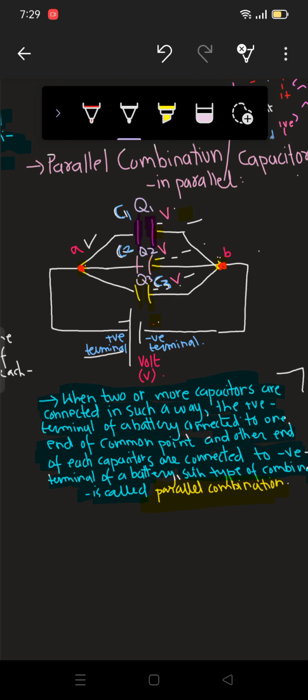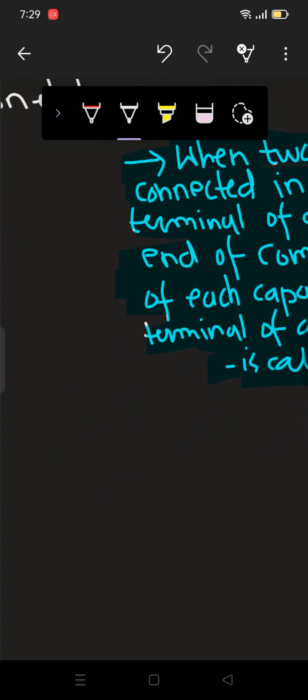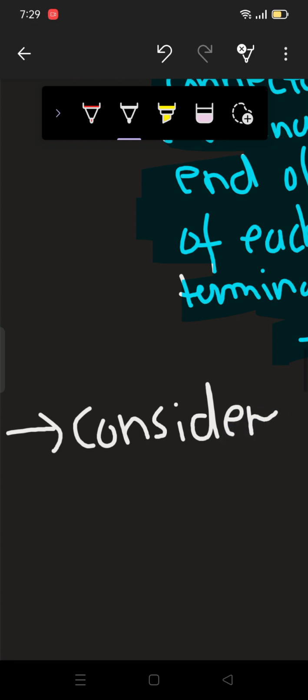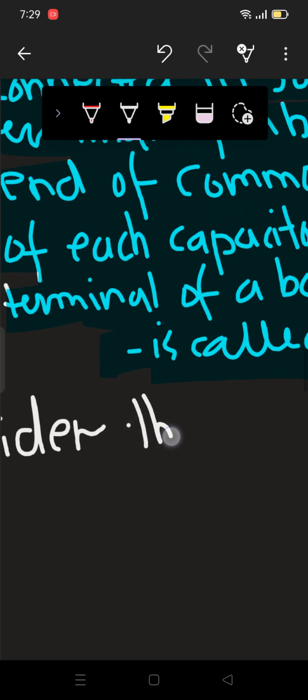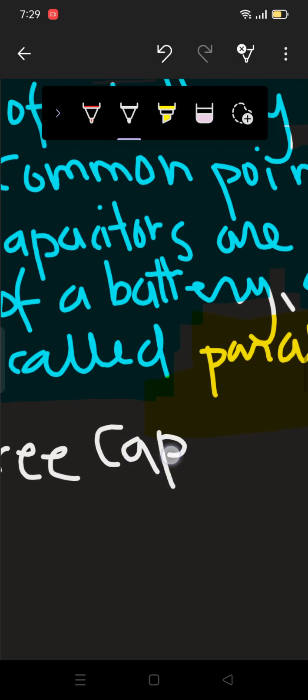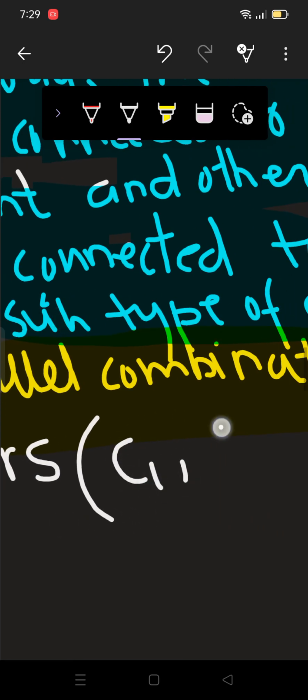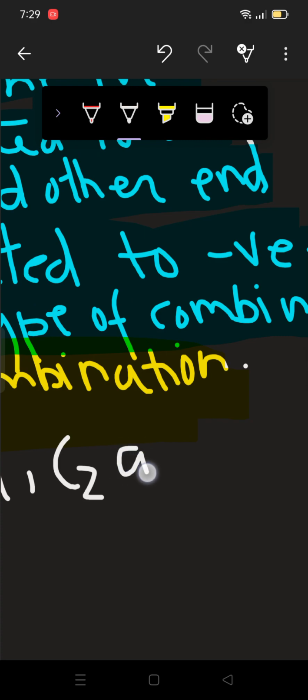In today's video we're going to consider these three capacitors, and we're going to see what would be the same in the parallel combination and what would be different. So consider three capacitors named as C1, C2 and C3,